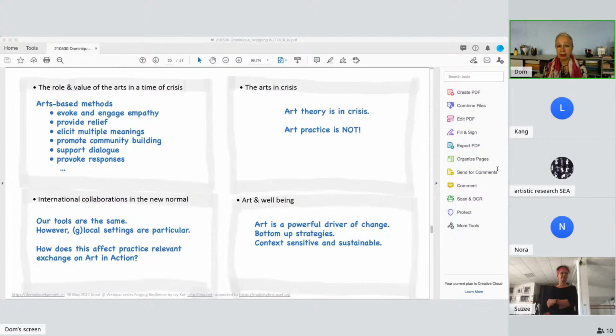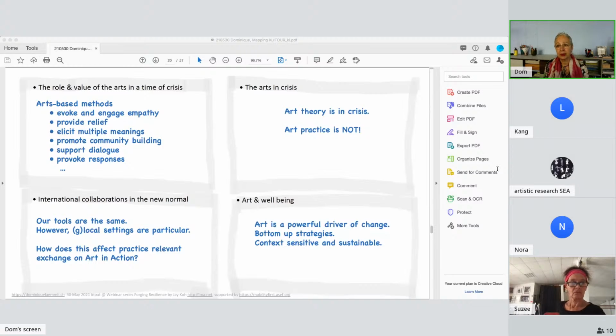Concerning the role and value of the arts in time of crisis, there are several crises, no? And I believe the role and value of the arts to challenge our societal challenges is well documented, even though the critique has been made that research has not yet proven the effects of art-based methods.